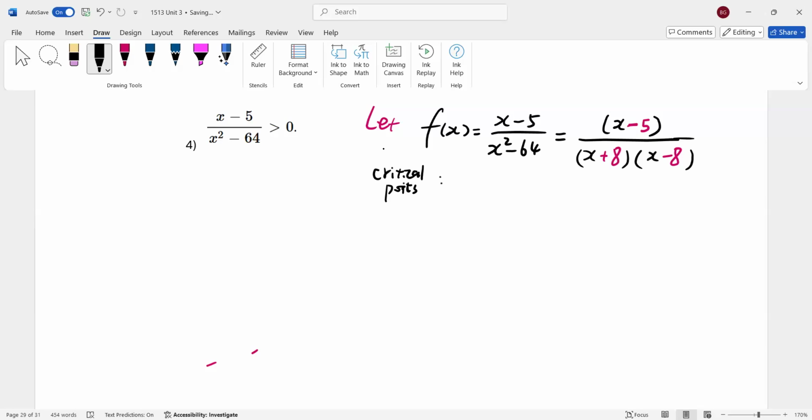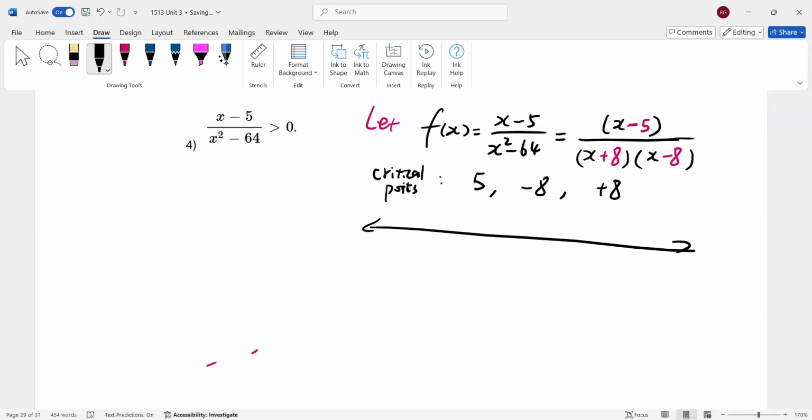A rational function is a polynomial in the numerator over a polynomial in the denominator. We're going to factor the numerator and the denominator, and then identify all the zeros, not only the zeros of the top, also the zeros of the bottom. So we have the opposites of those 3 numbers. I put them in red: positive 5, negative 8, positive 8. And then in the real number line,